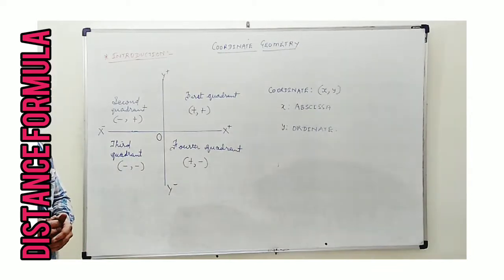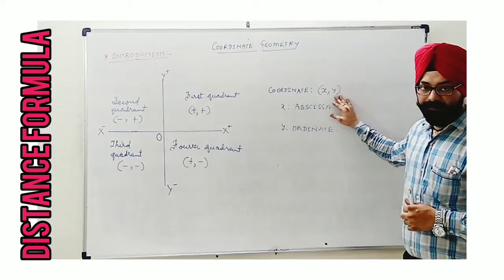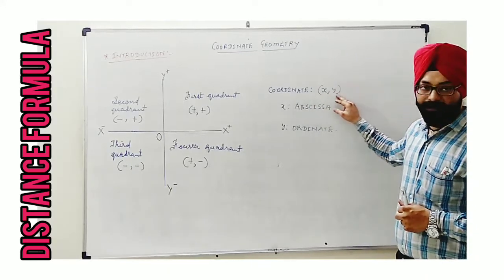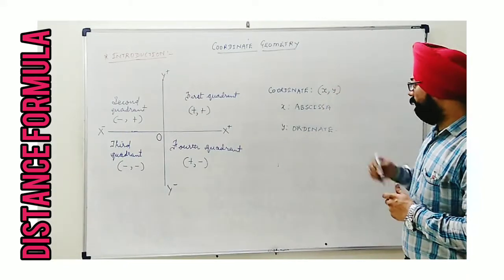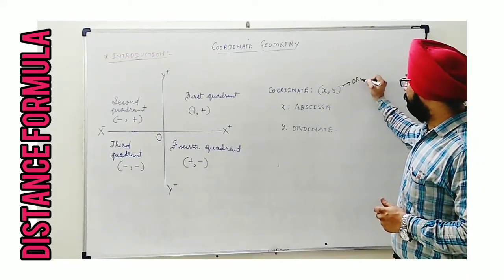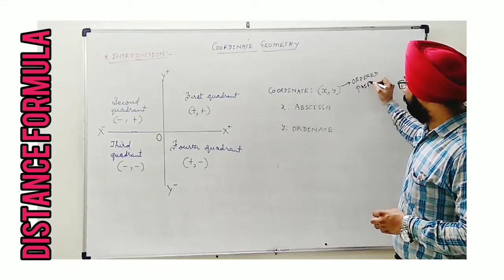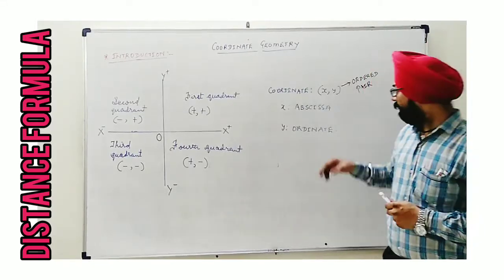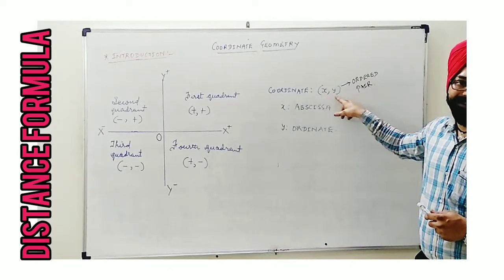Whenever any point is shown on this coordinate plane, we use the pattern in brackets. In this bracket we write two values. This as a pair we use, that's why it is known as ordered pair. Now, what is the reason of ordered pair? Why are we using this term ordered pair? Actually, this is in a sequence that we cannot randomly put the values. This first value cannot be interchanged with the second one.